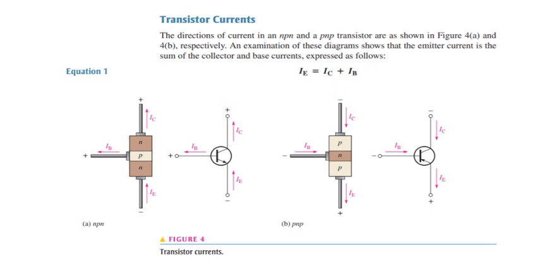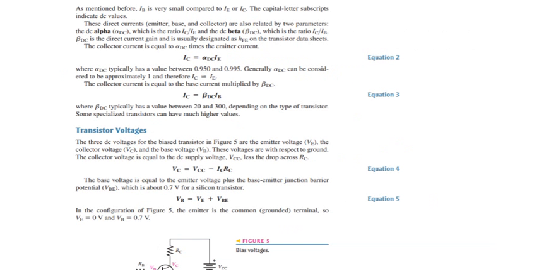Now we look at this. This is a PNP transistor, right? So in a PNP transistor, emitter current is flowing outwards, base and collector currents are flowing inwards, right? So it's again IB plus IC equal to IE, right? So this is the transistor current. Always the emitter current is the total current, which is a combination of collector current and base current. Now we have to note a few things, like base current is very small. This you have to keep in mind, right? Base current is very small when compared with IC and IE.